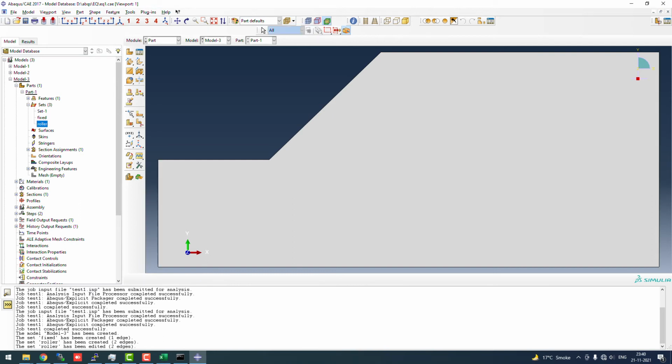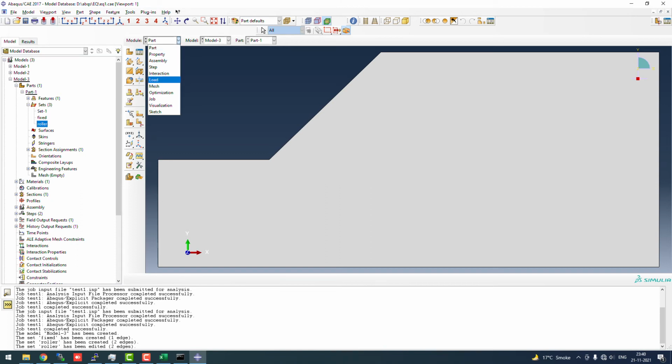Otherwise it will give us a conflict that these points have two boundary conditions, which we don't want, because the roller boundary and the fixed boundary are coinciding at these bottom corner points. So we have to remove it either from the roller boundary or from the fixed boundary. We have removed it from the roller boundary.